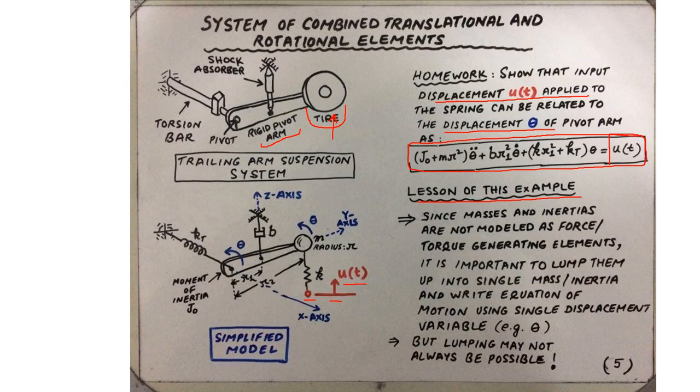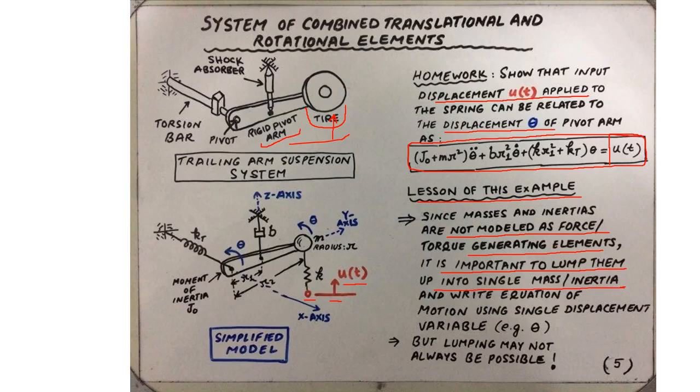But how can we model the forces being applied to the moment of inertia of the pivot arm and the mass of the tire and the wheel assembly? One of the problems was that because masses and inertias are not modeled as force or torque generating elements, should you need to write down the equation of motion for the two? If the two are mechanically connected, as in this case, then it makes more sense to lump them up into a single mass or discrete inertia,